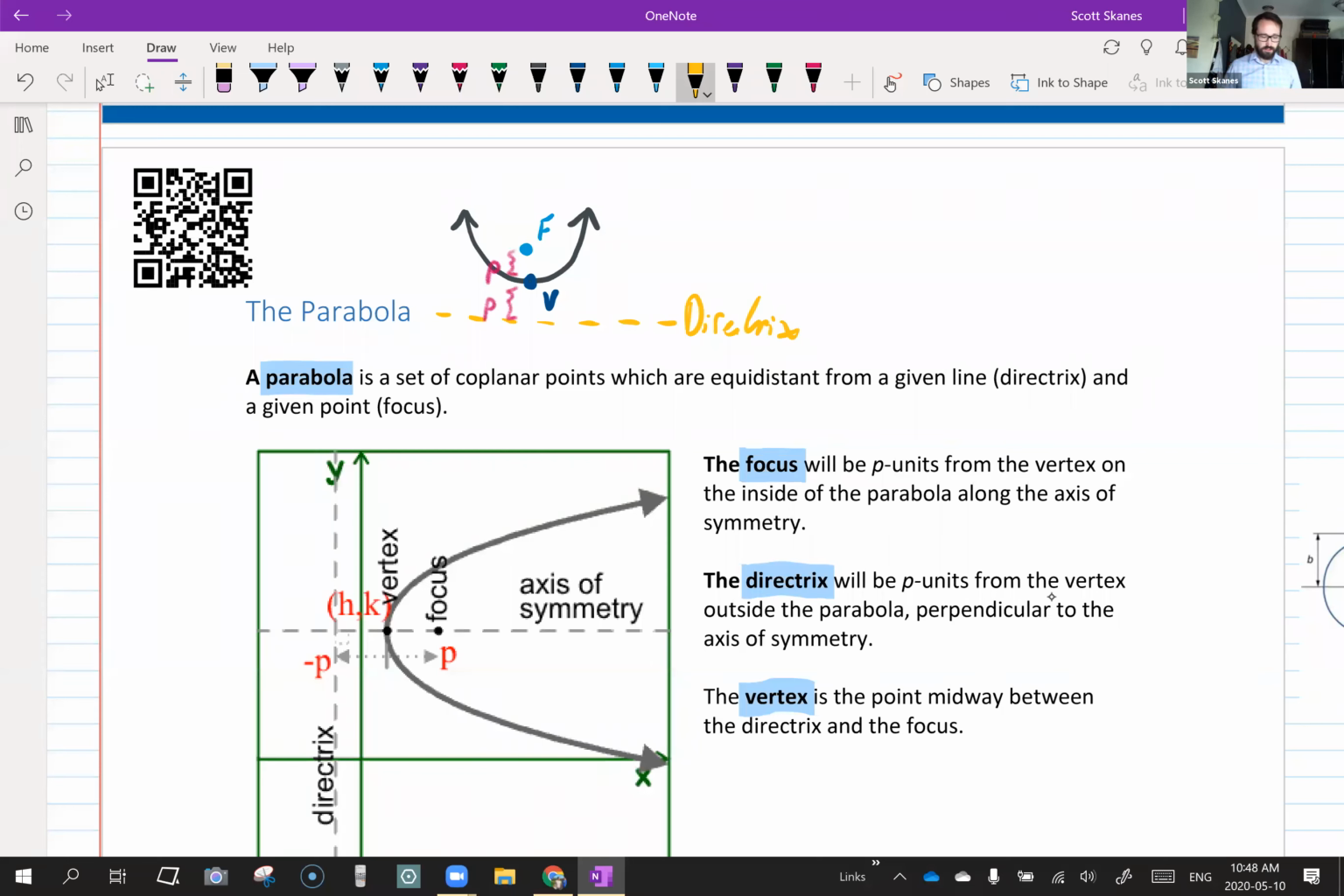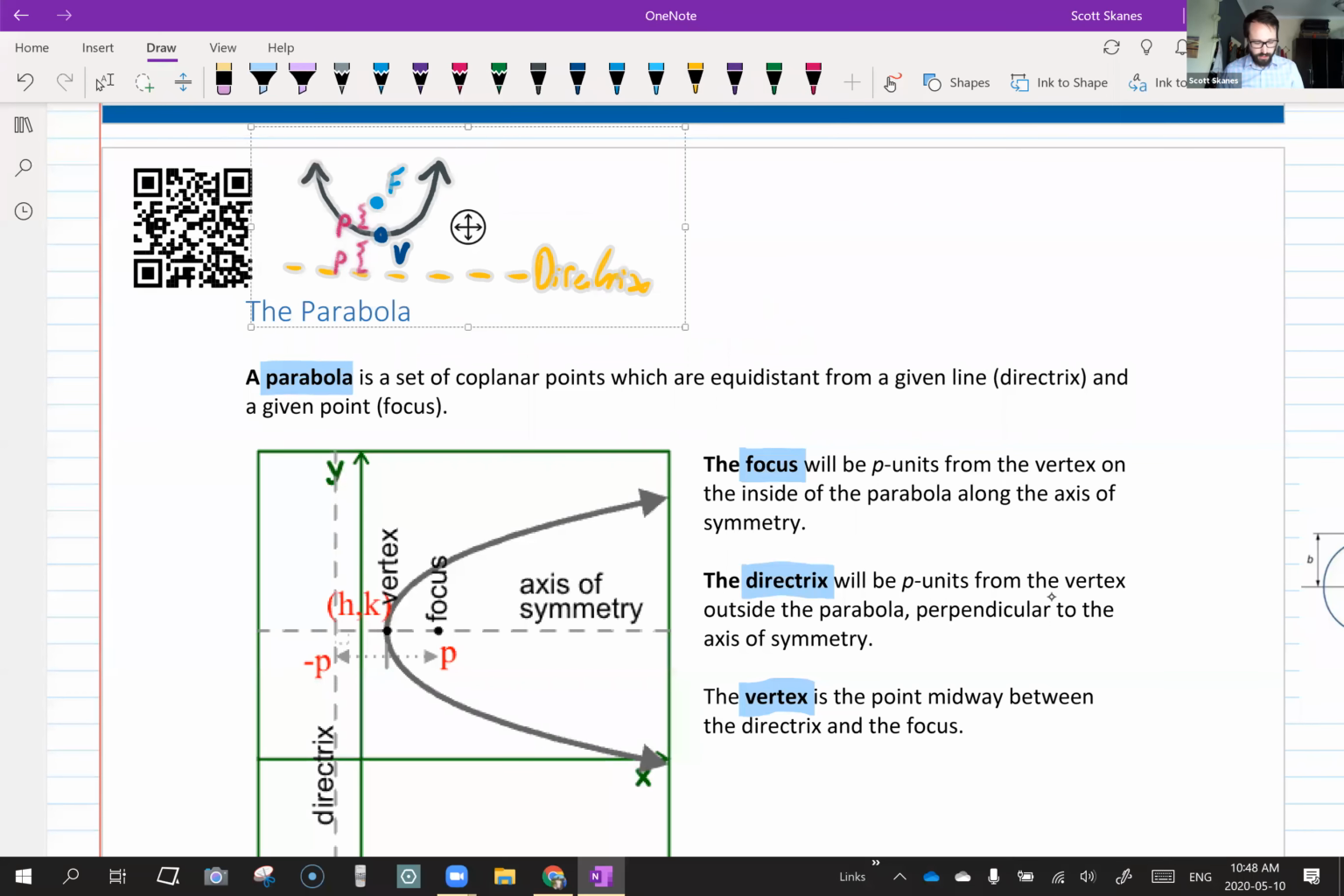That's the directrix. Same distance from both of these. I'm going to scooch this over a little bit just because I have a few more things to write down today. That's our basic parabola. Now there are 4 ways that we can write a parabola, or 4